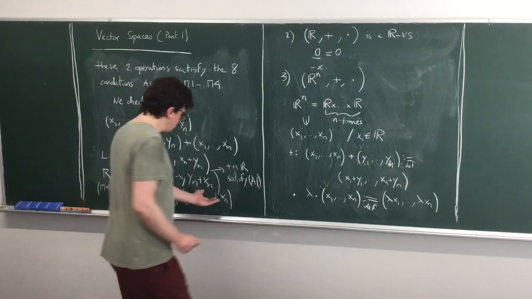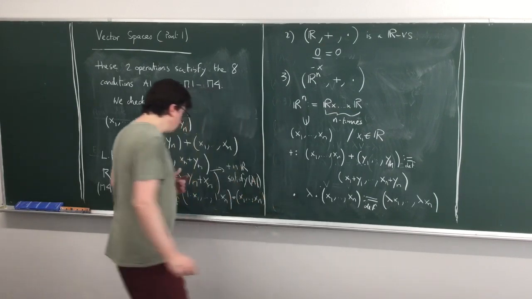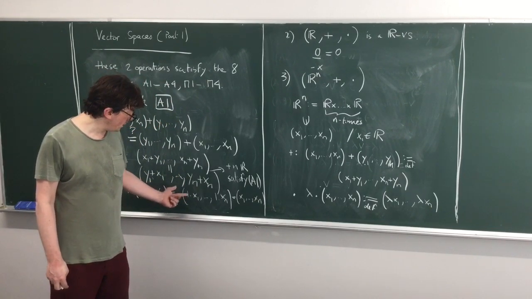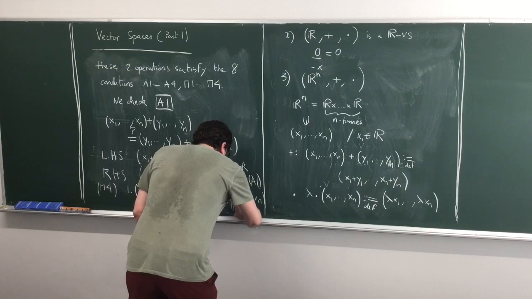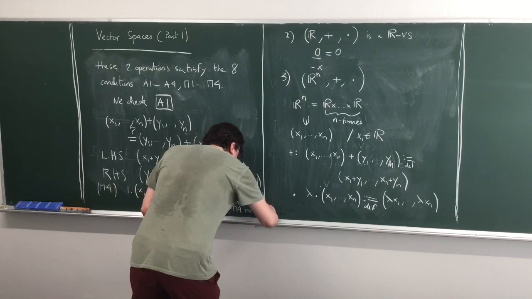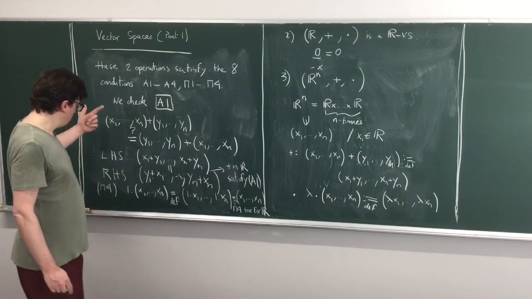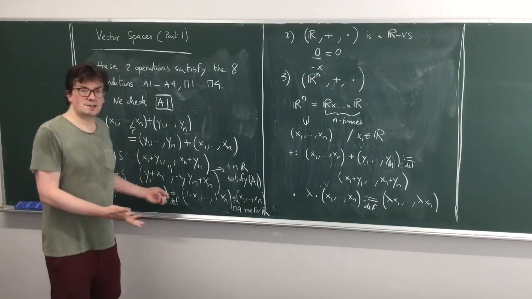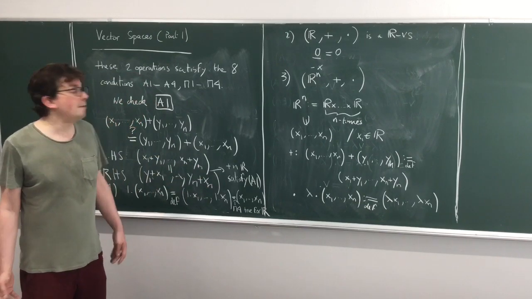And so this is equal to x1, ..., xn because R has the property M4. So 1 times a scalar is always the scalar. Okay? So this is true because M4 is true for R. Again, I have used the same property for the real numbers to prove the property M4 for this special vector space. As an exercise, try to do A2, A3, A4, and M1, M2, M3. Okay?